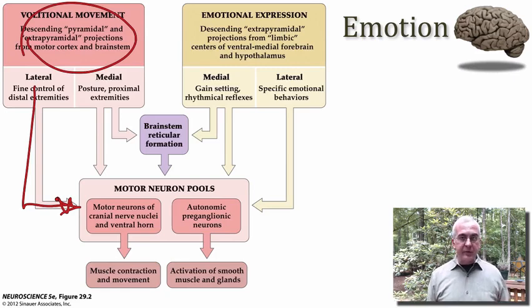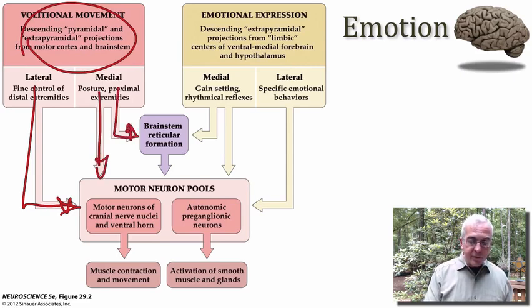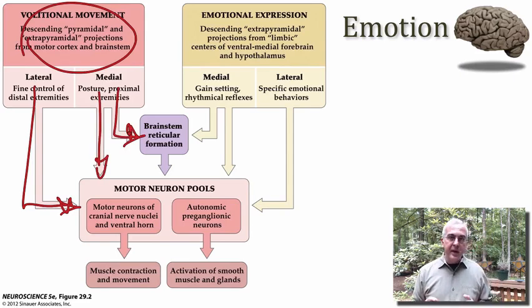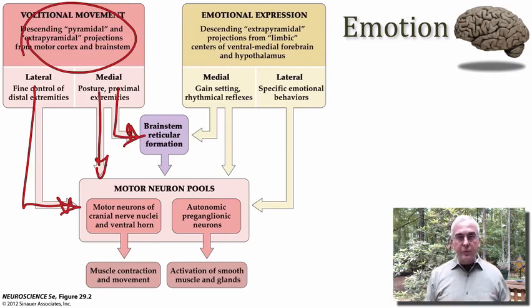In order to set the stage for the expression of that skill, there are medial projections, many of which run through the brainstem reticular formation. And these medial projections adjust posture, set the gain of local reflexes that allow for the coordinated expression of skilled behavior. Now, I'll just remind you of the point that we made briefly in Unit 4 when we talked about